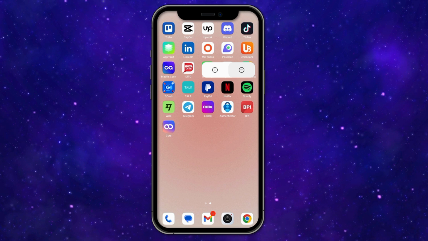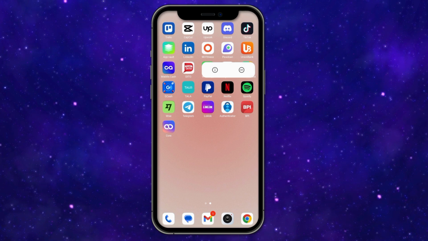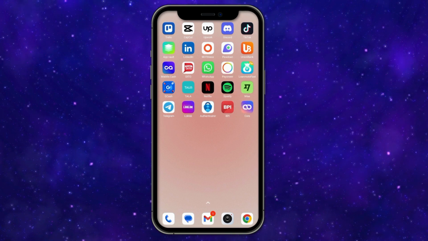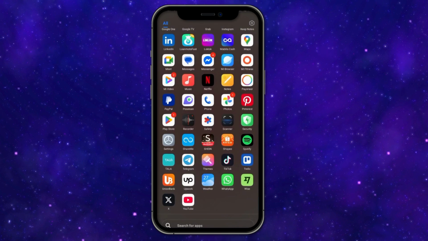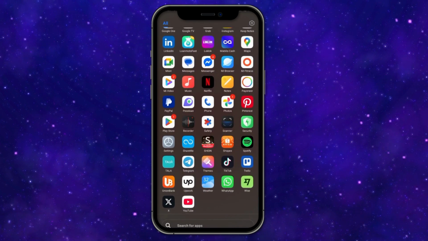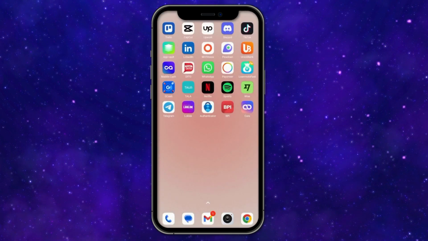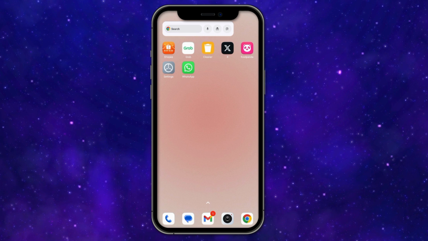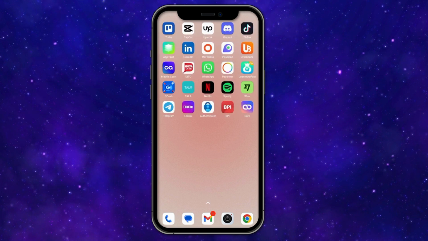Long press on the app and then click on this minus icon. And that will allow you to remove the app from your home screen without uninstalling it from your device. So as you can see, you'll still find the app on the app drawer, but it is not available anymore